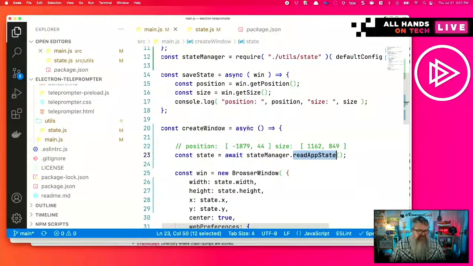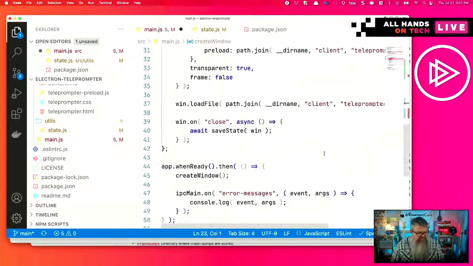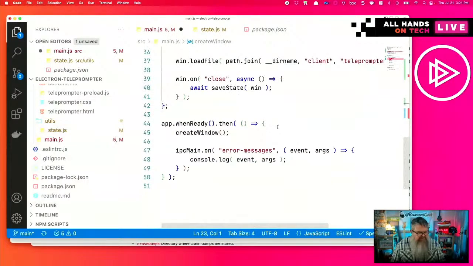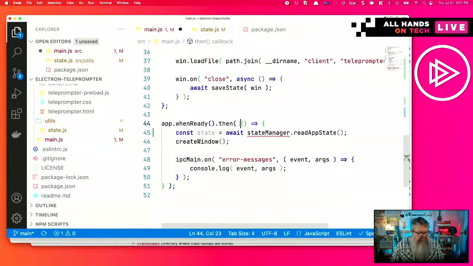It doesn't have to be an async function. If we move the state manager to here, so when the application's ready, we read in the previous state, and now we call create window,